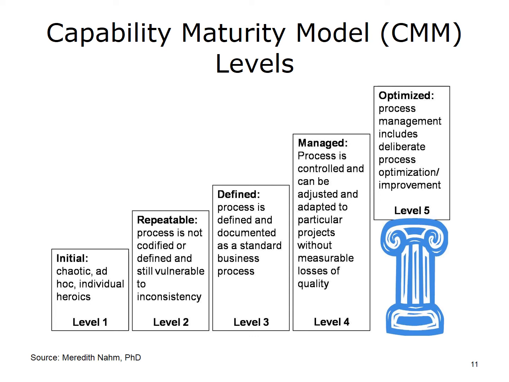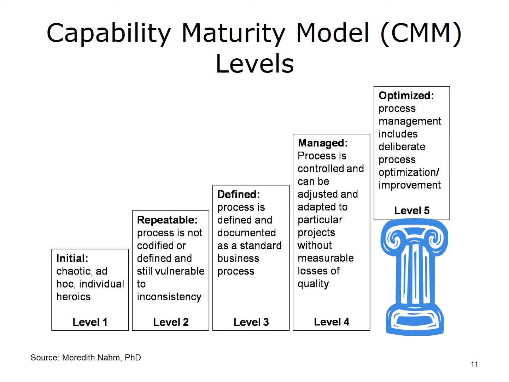Level 2, Repeatable. It is characteristic of processes at this level that some processes are repeatable, possibly with consistent results. Process discipline is unlikely to be rigorous, but where it exists, it may help to ensure that existing processes are maintained during times of stress. Level 3, Defined. It is characteristic of processes at this level that there are sets of defined and documented standard processes established and subject to some degree of improvement over time.